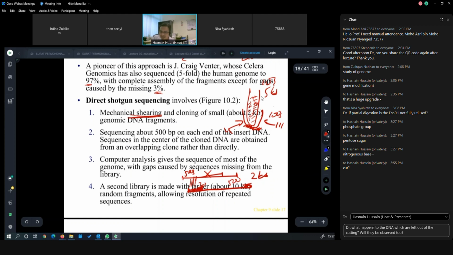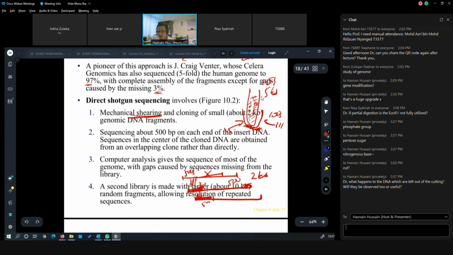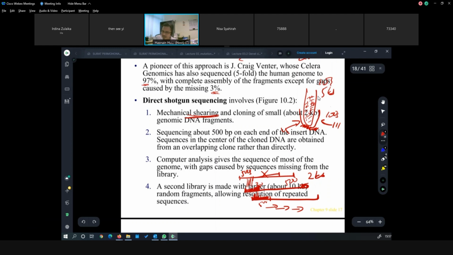And then there's another fragment again that is overlapping, let's say 100 over here, which overlaps with this one. Then the unknown in this one is determined because they are 500. So you can see we can walk like that to determine it. And you have to remember this side already also got information, so this will more or less confirm whatever is later sequenced by another fragment over here. So you can see the overlapping.